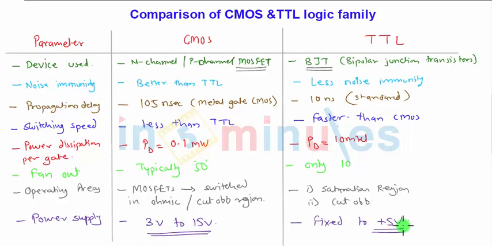So that's all about the difference between CMOS and TTL logic family. You can see there is a wide variety of differences. Looking at fan out, 50 here, only 10 there. Power dissipation is going to be a major factor. 10 milliwatts of power is required for one TTL gate, as well as various other factors. So based on this, we have successfully differentiated the CMOS and TTL logic families on the various parameters. So that's all about the CMOS and TTL logic family differentiation.